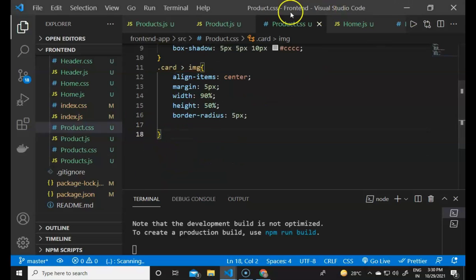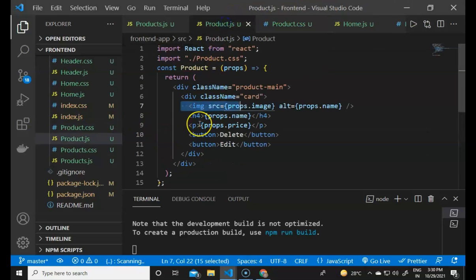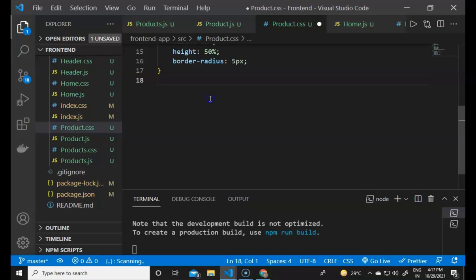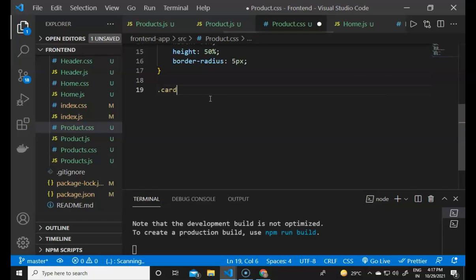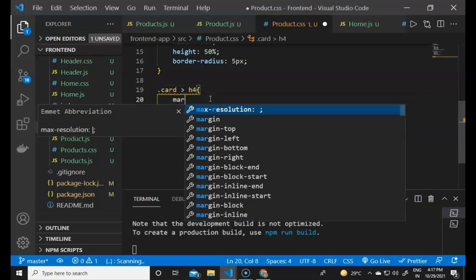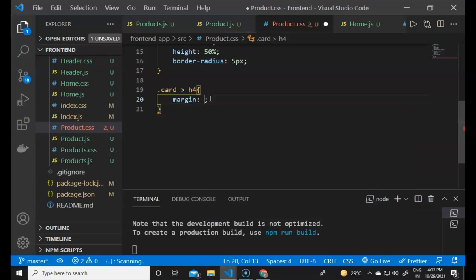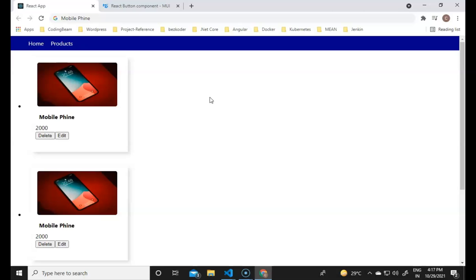So first the image is now configured, and then we have to style the h4, so it will contain the card, and it will target the h4 element, and now it will contain the margin of 5 pixels, and it will contain the padding of 5 pixels again. So if I now save, then you will see the margin and paddings are there.